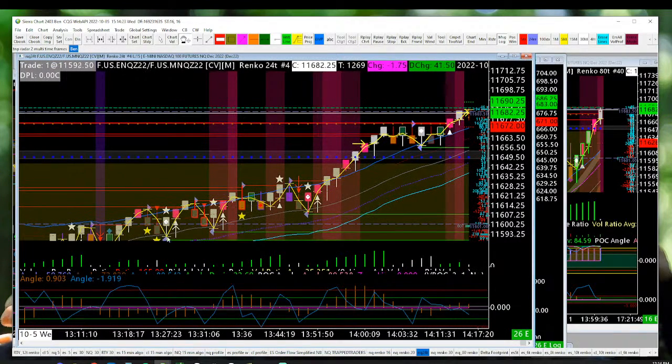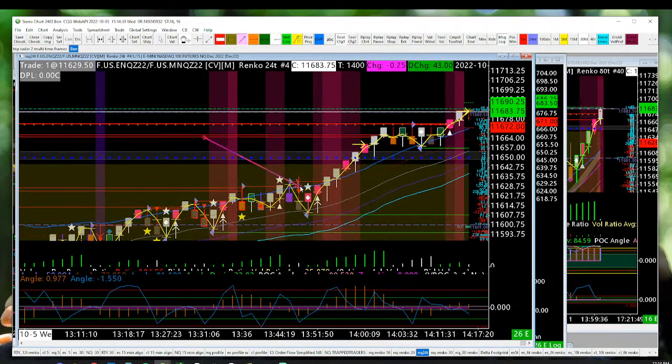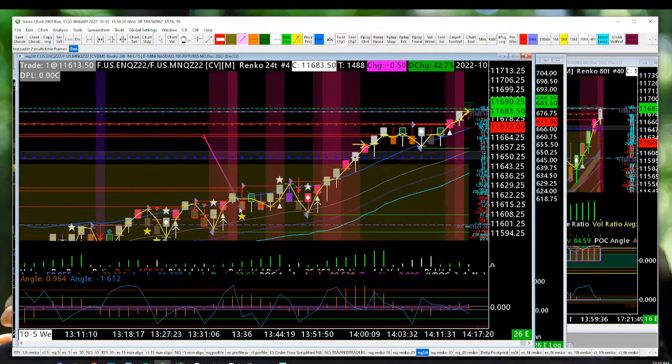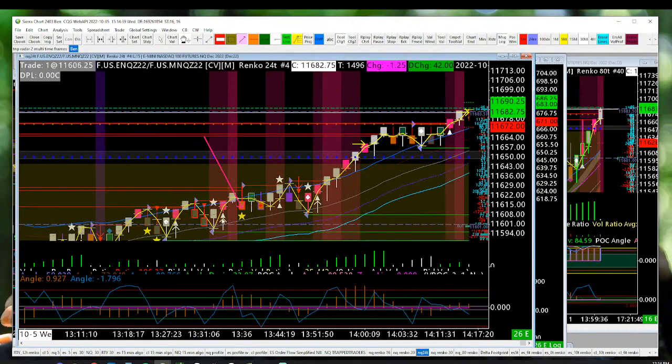Now on mine, I've added a couple things that can be used. For instance, when you know the direction, if you get a diamond that's going in the direction that you want to be in, and if you look to the left, there's been a sign of aggression that you're trapping. So like this,